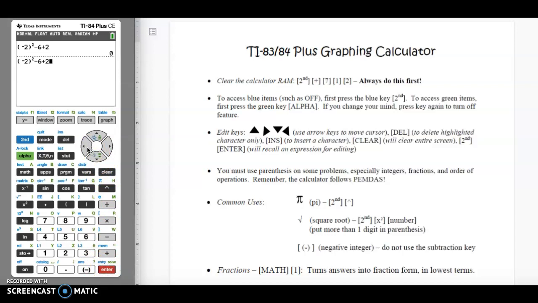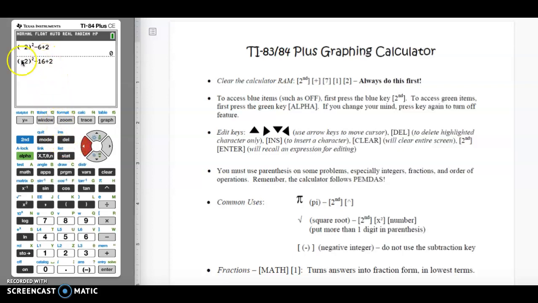And if I wanted to make this say 16 instead, I want to insert a 1 before that 6, so I can do the insert. It's a blue option here. This second button allows me to insert a 1 before the 6. Okay, or if I wanted to just subtract 1 and not 16, and I wanted to get rid of this